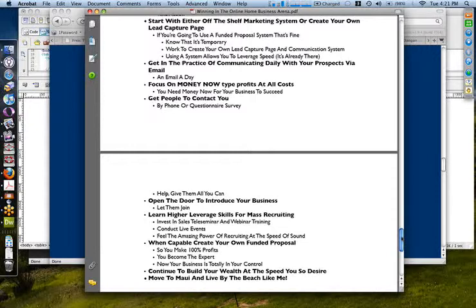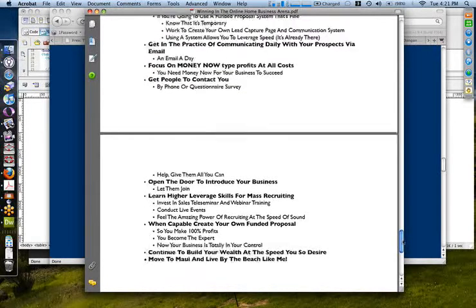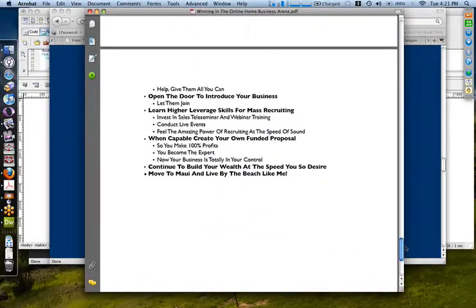Get people to contact you next. Now you've got a business, you're making money. Make some of the calls to action in your emails, hey, give me a shout and I'll help you, or go fill out this survey and we'll find some dedicated time to work together. Naturally, in some of those conversations, you're going to have the opportunity, you're going to create the opportunity, to introduce some of those people to your business. Let them join. After you've opened the door, they've said, yes, please open the door and let me in, and you explain or you have someone else explain what you're into. Simply let them in.